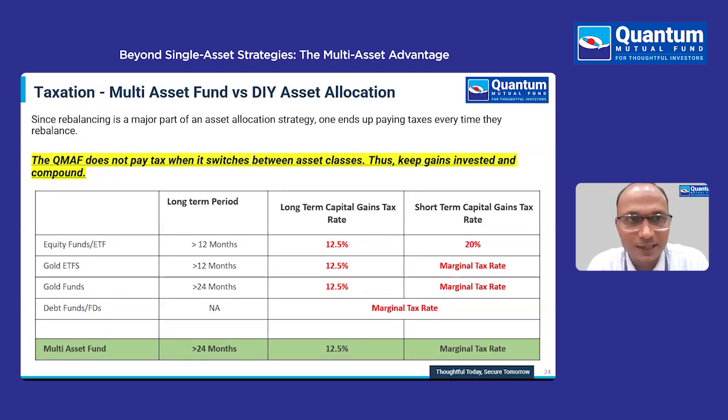Now, I talked about taxation, and I told you that we don't have the indexation benefit now. If you see the long-term capital gain tax, that is now 12.5% across all the asset categories. But there is some advantage here. The advantage is that, as I said, you take different asset classes, and where you get an opportunity, you take more or less exposure to them, and this is what a multi-asset fund will also do. So let's assume you invested 100 rupees in